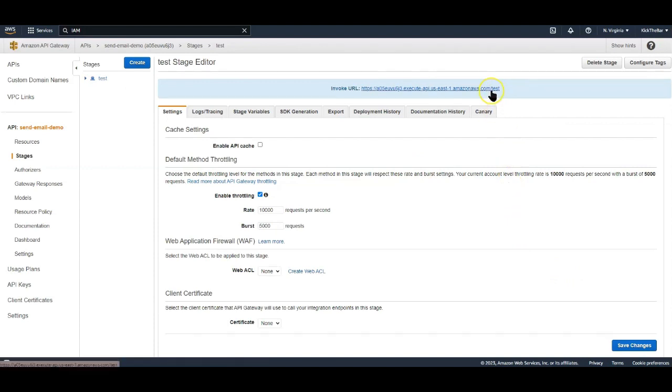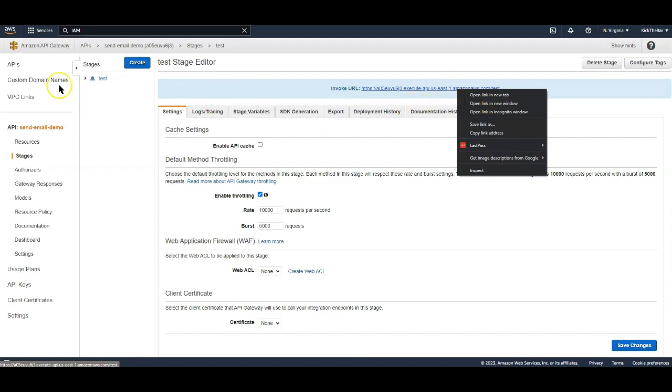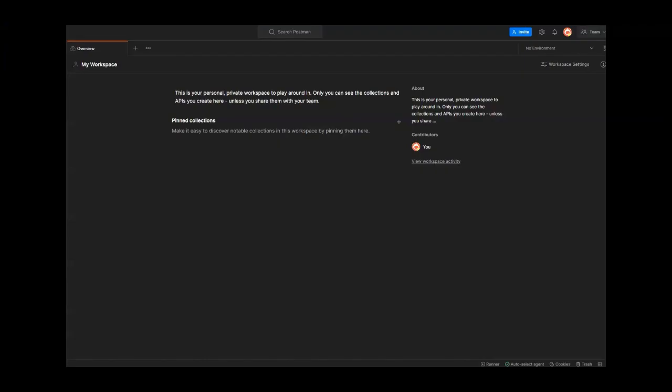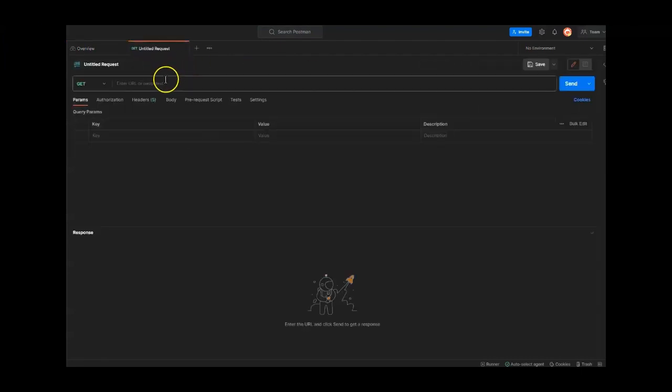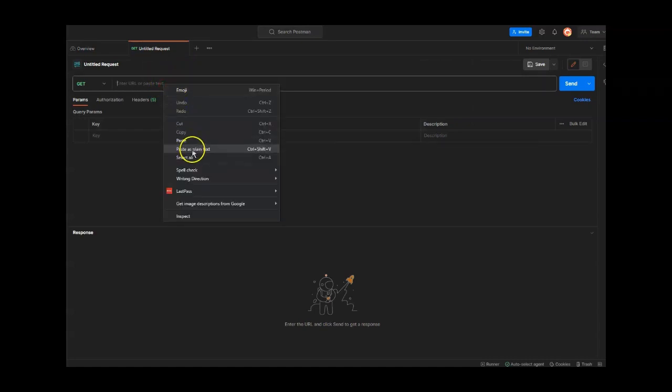And this is the URL that it has generated, and this is the URL we're going to use when calling this API from our application or web page using Fetch or Axios, whatever library you want to use. But first we're going to test this out in Postman. So let's go to Postman and let's see if we can send this request from Postman to that URL that